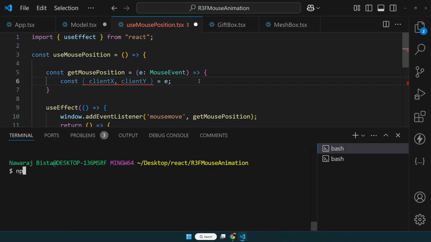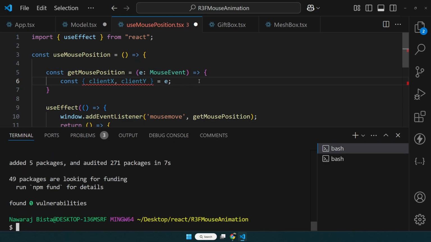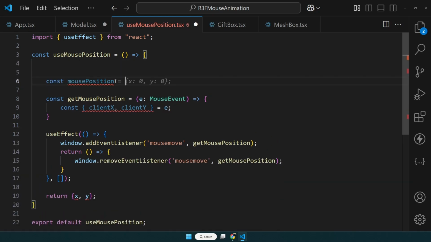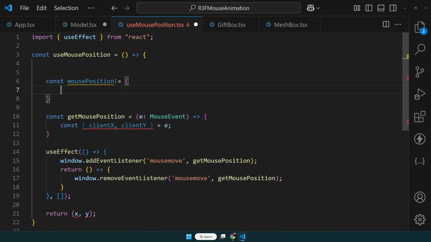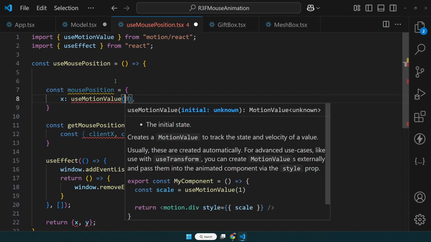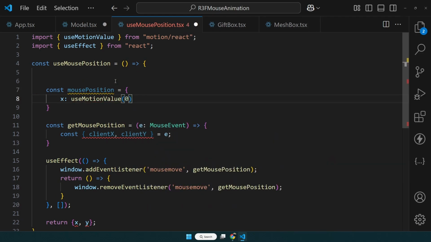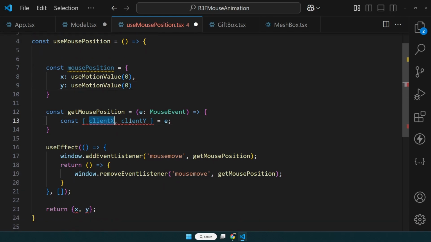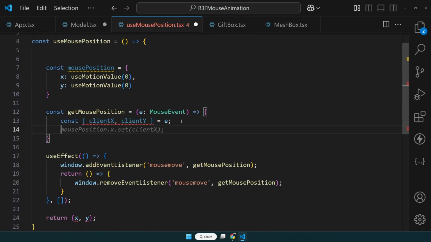Now we will install the final library for this project, that is motion, also known as framer motion. Once the installation is done, we will add a variable mousePosition. This will be equal to an object with the key X and Y. Both X and Y value will be equal to useMotionValue 0. Now, whatever the value we get from clientX and clientY, we will set it to mousePosition X